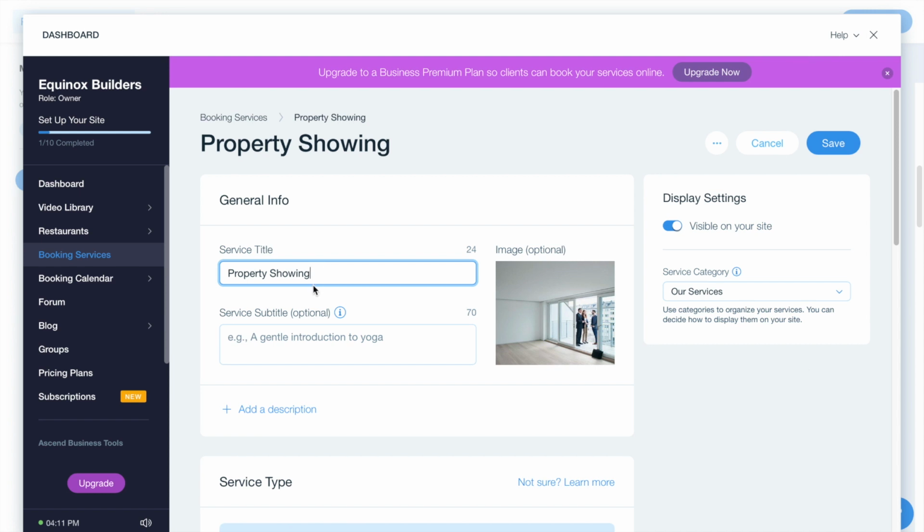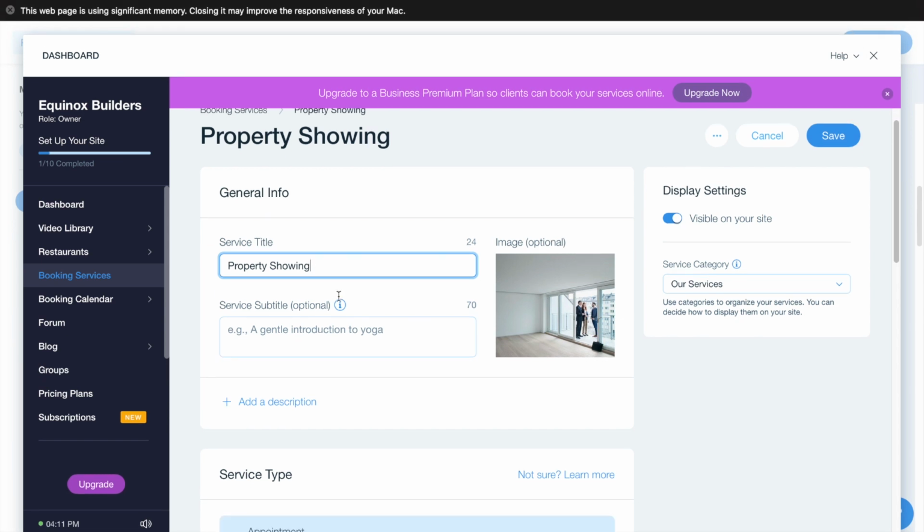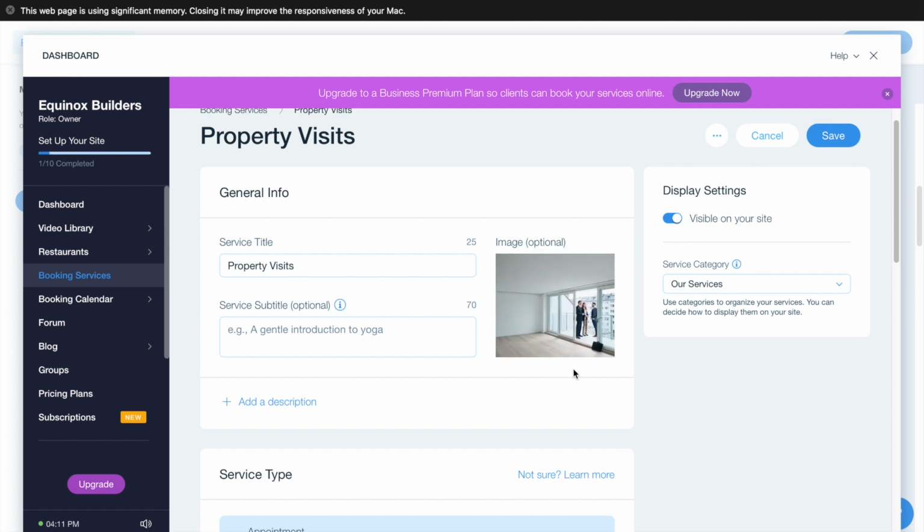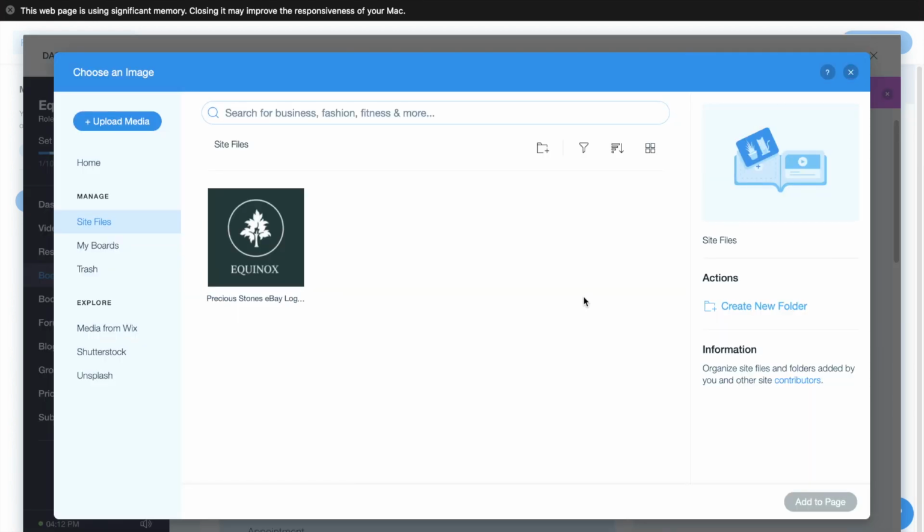You can see that if I do not want to show property showing, maybe I want to put in property visits. Other than that, if you want to change your image, you're absolutely welcome to do so. You can just click on this particular button, update image. If you click on that, an interface will open so that you can change your image. So this is the interface from where you can change any particular image, and you can also keep all your assets uploaded onto